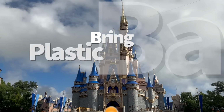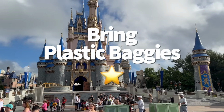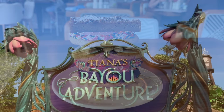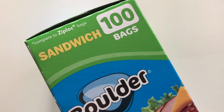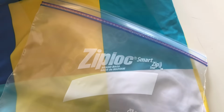Now, a plastic baggie hates to see me coming. I use these little dudes for everything when I'm traveling. Need a place to store my snacks? Bag it. It's raining and I want to keep my phone safe? Bag it. My socks got soaked on Tiana's Bayou Adventure, so I changed pairs, but I don't want to put my wet socks directly into my backpack. They get bagged too. Yep, plastic baggies are a lifesaver for me,